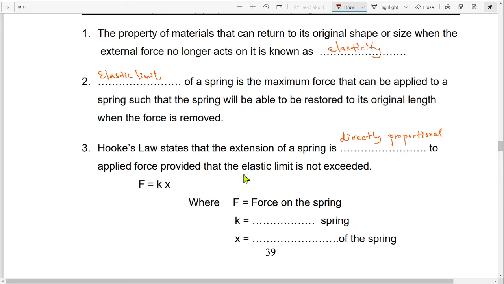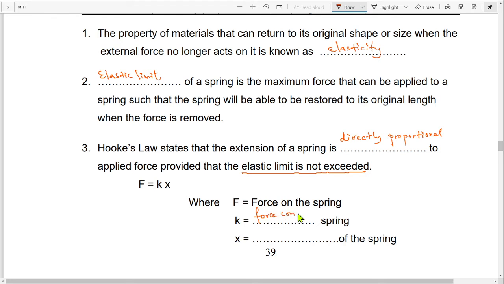So what this means is you can only apply Hooke's law if the elastic limit is not reached. So from this statement I can write that F equals Kx, whereby F is the force on the spring, K is the force constant